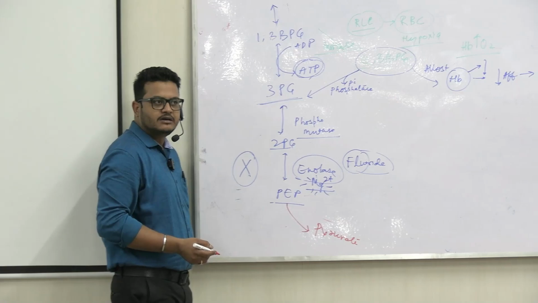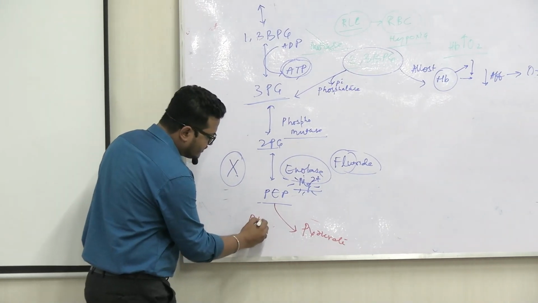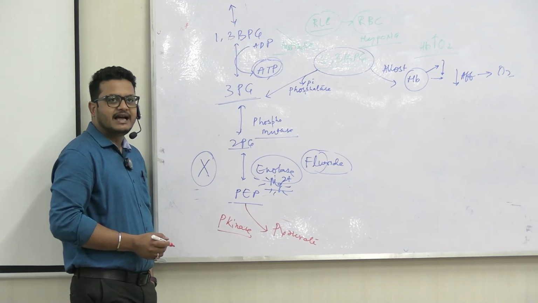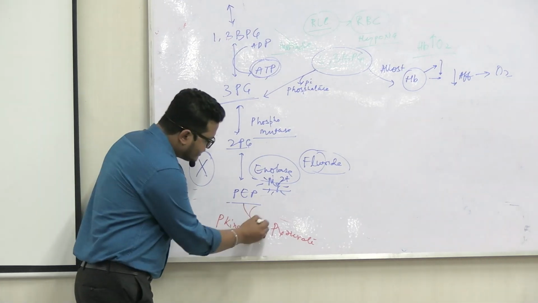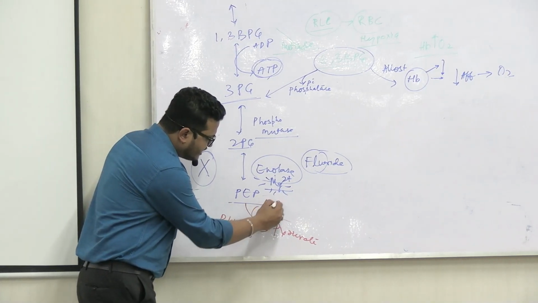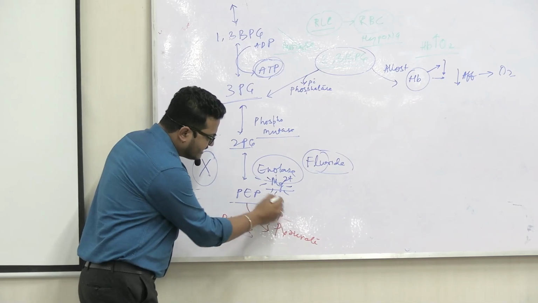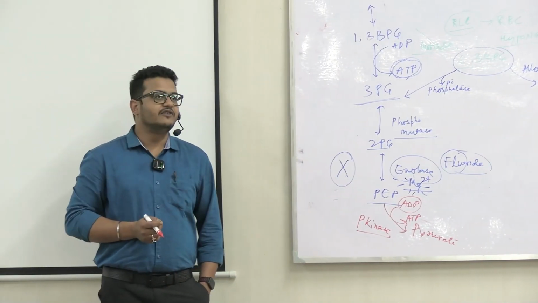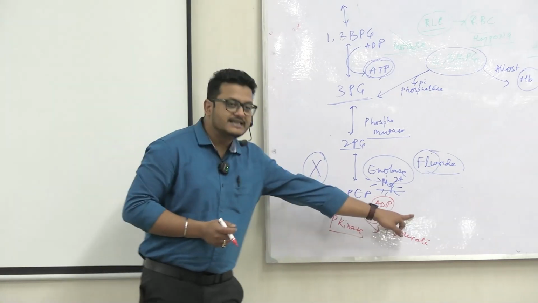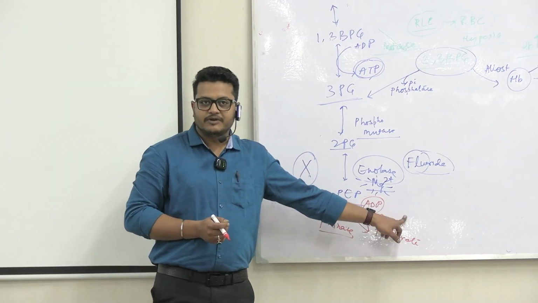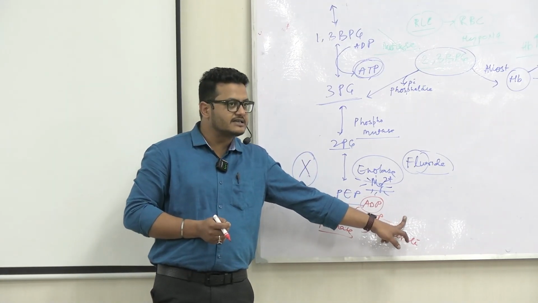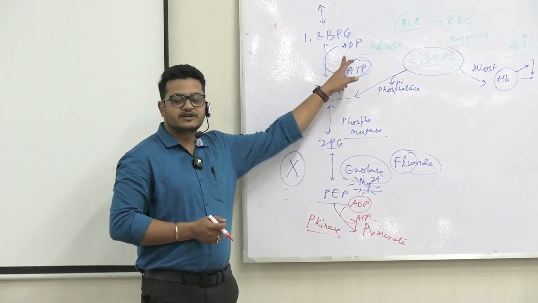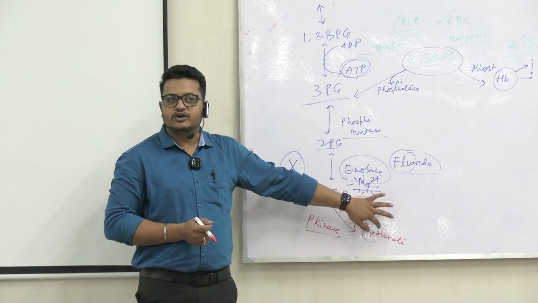You know this. The enzyme name is pyruvate kinase. Yes or no? If it is a kinase, that means a phosphate group is going to get transferred, and the component that is going to accept the phosphate group is ADP, which will convert into ATP. Can we call this step of the reaction substrate level phosphorylation? Yes or no? Yes. So there are 2 substrate level phosphorylations that you are going to see, out of which